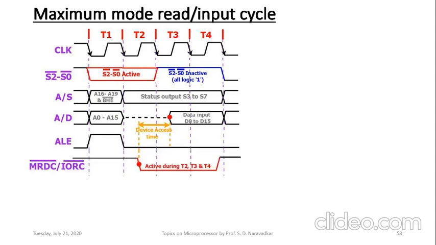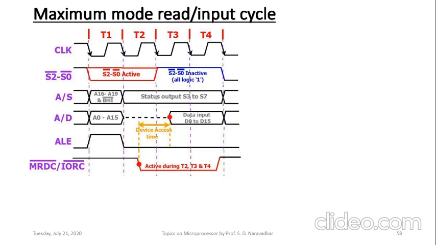But anyway, that control signal will be active during T2, T3 and T4 state here, which is shown by red colored in this particular timing diagram. This signal will be active somewhere between T2 state in actual assertion. And once that signal becomes active here, that device read operation will be started. And whenever the device places data on the data bus, this particular time gap, this particular time is shown as the device access time here. Again, it is shown using yellow color.